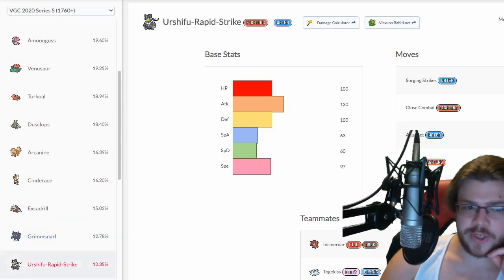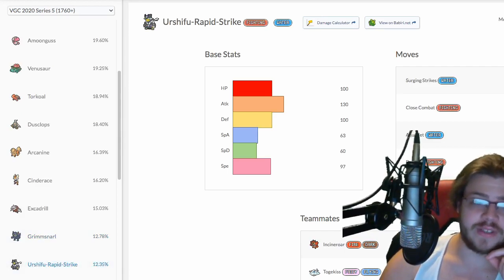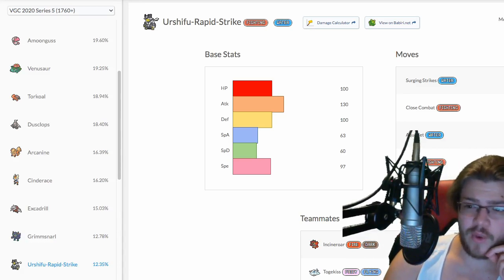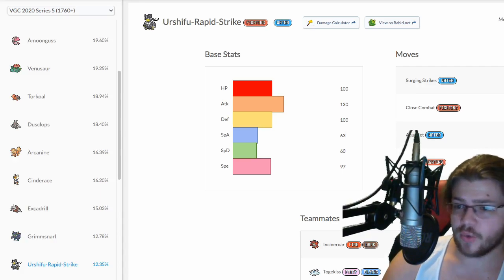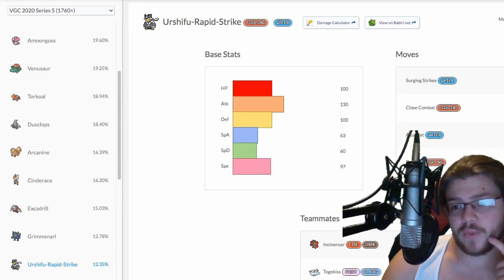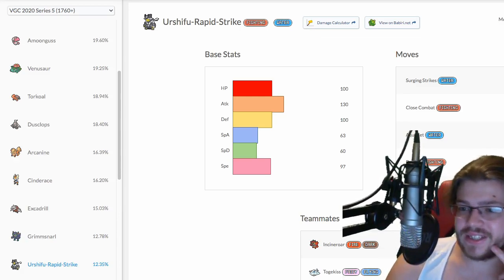Rapid Strike Urshifu, the water one is definitely scarier. Surging Strike is really strong against Incineroar. If it's the dark one, we can intimidate it once or twice, and then its Close Combats aren't doing that much damage to Tyranitar, proccing your Weakness Policy, and then you just Max it, and it's not that bad of a matchup. But Surging Strikes hits critical all the time, which means it can't get intimidated, to knock out your Tyranitar or Incineroar, which is hard. It's a rough matchup, but we do have Togekiss at least to cover the matchup a